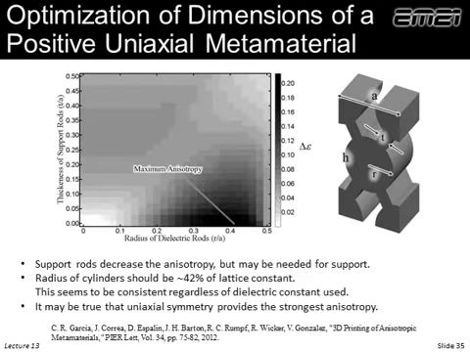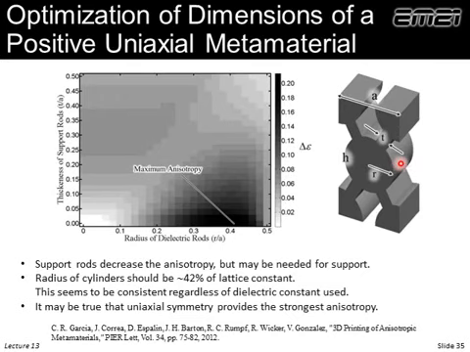Then we want to optimize the dimensions. And in our lattice, because we 3D printed this, it had to be freestanding. We had to stick in other little supports here. Really, to be truly hexagonal, there should be another support coming out the sides. We wanted to try to minimize that, so we only used 2. So strictly speaking, this would be biaxial, but very weakly biaxial. And as long as these little support rods here are thin enough, it is essentially still uniaxial. But technically, this would be a biaxial crystal.